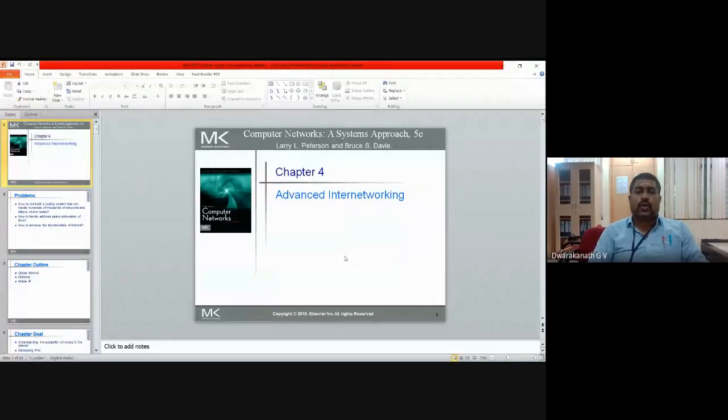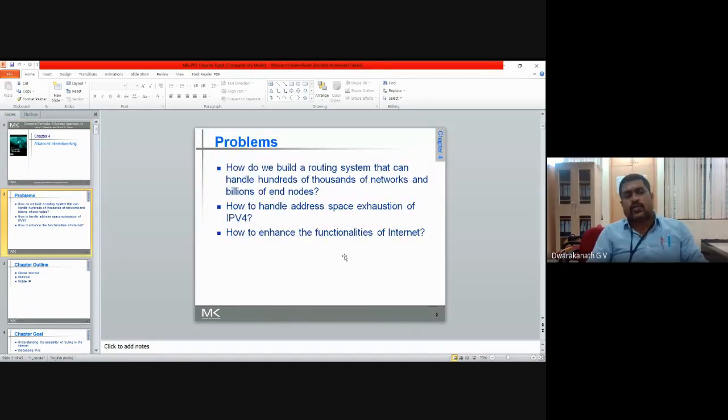Right. Now coming to advanced internetworking. In the last class we discussed routing also. I told you how a routing algorithm works, how source routing works, how the distance vector routing algorithm works, and how link state routing works. Coming to the next topic, that is advanced internetworking. I think I started this already. Let's have a look at this, because there is a gap of some 3-4 hours of classes.